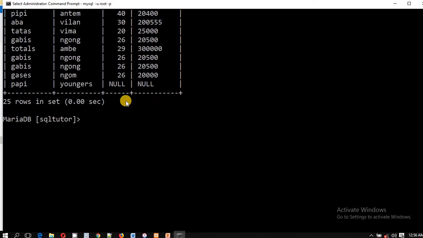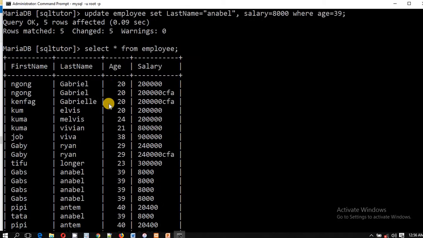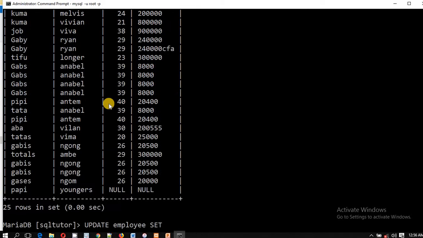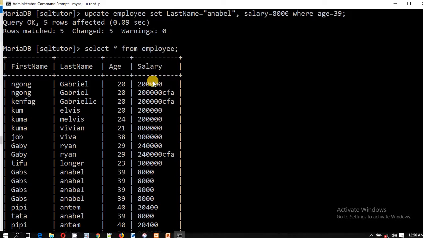So we are going to use the update. It is update table. Which table? We have to give a table name. The table name here is employee, and then you set the value. You set, then what are we setting? You are setting the column name. Which column do you want to set here? You want to set the last name and the salary, where